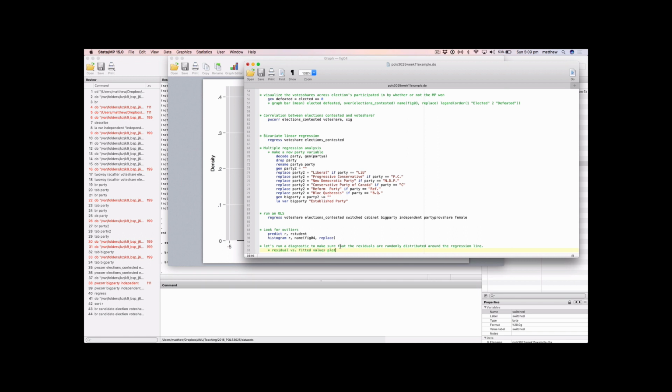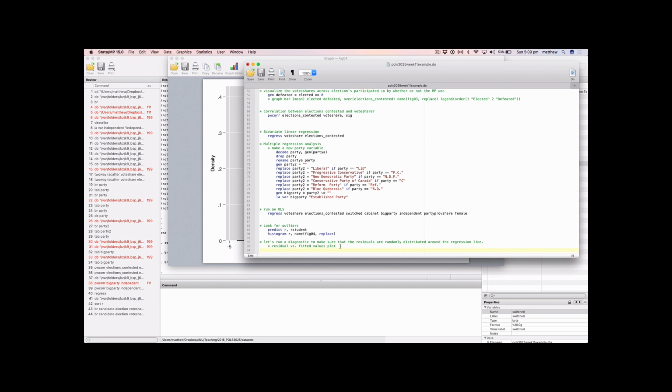You would have remembered this from my earlier lecture, and that's an RVF, residual versus fitted plot. We're going to set it up so that there is a horizontal line where the regression line is. Now remember, what this plot is doing is it's basically taking the regression line and flattening it out so that it is on a horizontal axis, and then you can see how the residuals are above and below that regression line. So we will just do yline